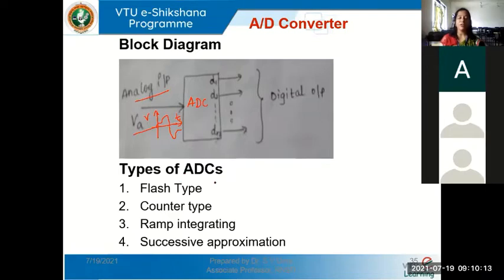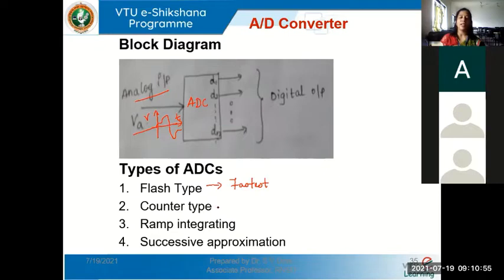We have many types of A to D converters. One is the flash type A to D converter. Remember, this gives you the fastest output. This flash ADC is one of the very commonly used A to D converters, which is used in most of the microcontrollers. You have studied, and you will be studying, some microcontrollers. Most of them will have an onboard flash ADC. So this flash type of converter will give us the fastest conversion. Very little time it will take to convert from analog to digital.